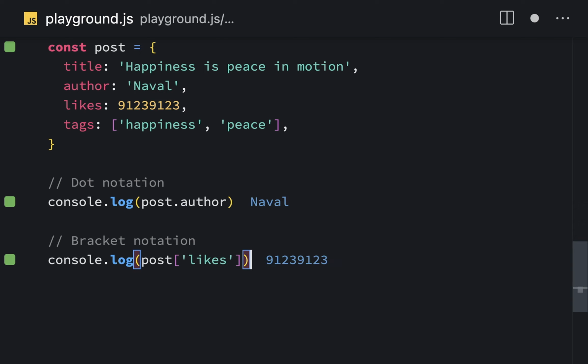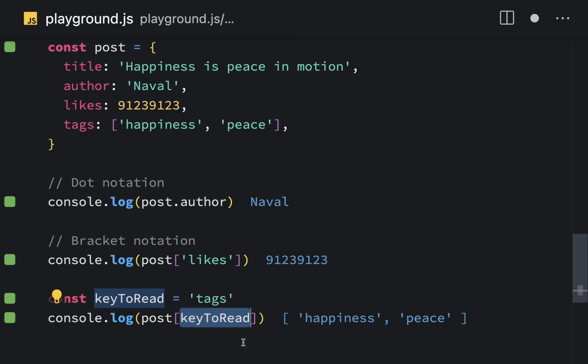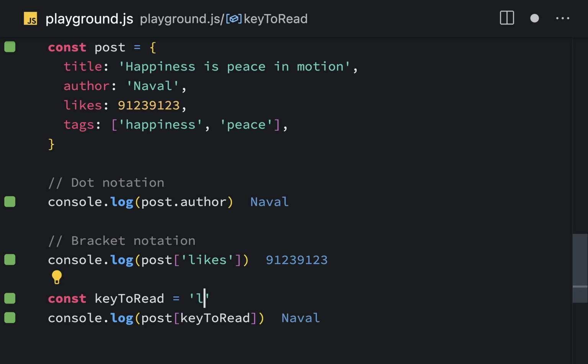We also have the bracket notation, which consists of typing the object followed by brackets, and within the brackets we call the key that we want to read. In this case we're reading likes, but we could read the title. And notice that this is a string. We could also pass in a variable inside the square brackets which contains the key that we want to read. So for example, here I'm reading the tags from the post object, but I could read the author, or I could read likes,